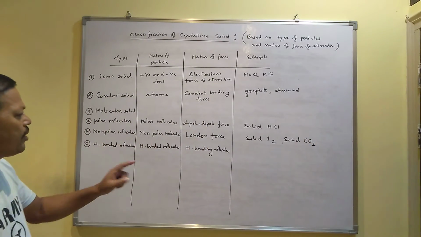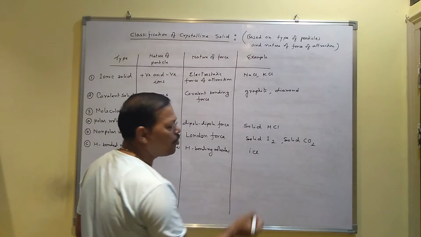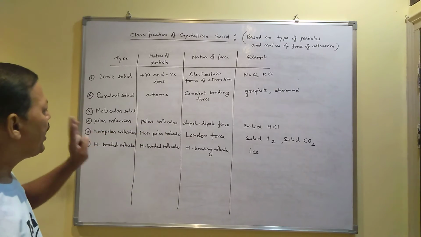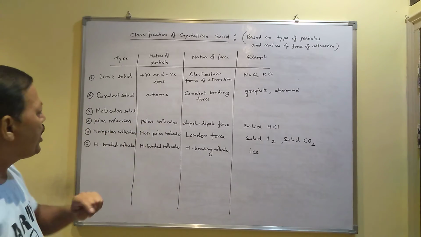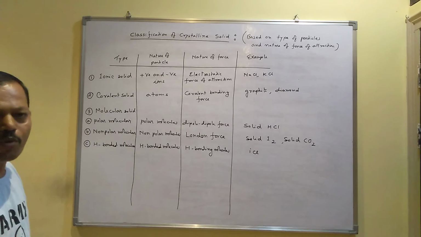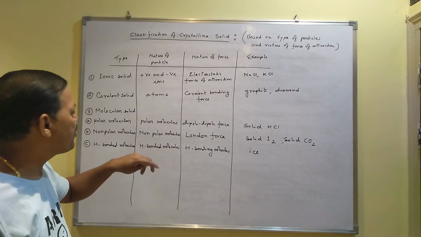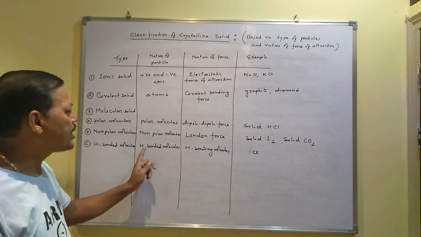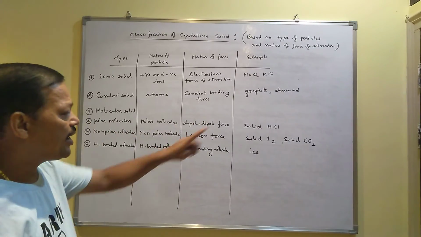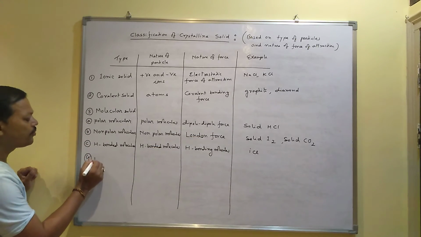And for a hydrogen bonded molecular solid, the example you can write is ice, because in ice hydrogen bonding takes place between water molecules. So these are the examples of molecular solid. Again, there are three types of molecular solid: one is called polar molecular solid, one is called non-polar molecular solid, and one is called hydrogen bonded molecular solid. In all these molecular solids, the molecule characters are different: polar molecules, non-polar molecules, hydrogen bonded molecules, and based on that their forces of attraction are also different, and the examples are these. And the last one, number 4, is called